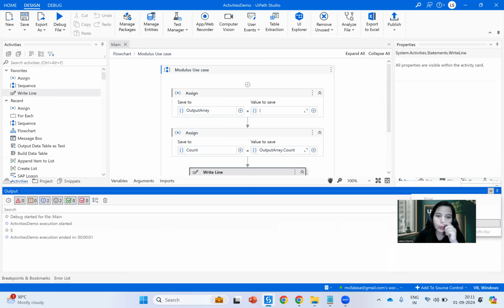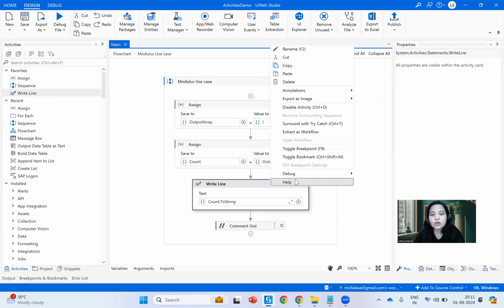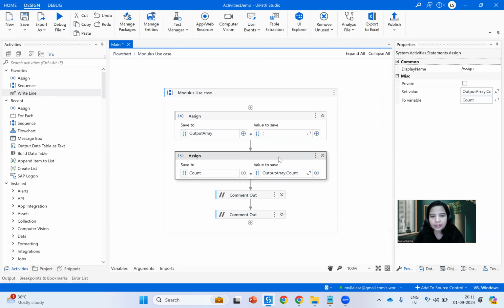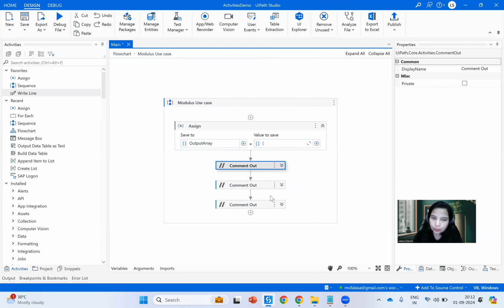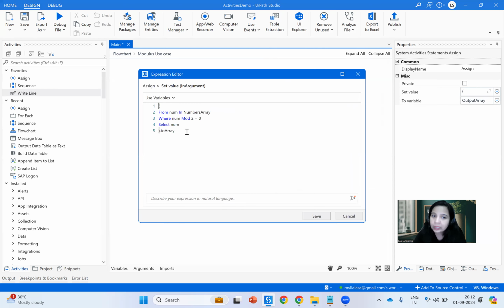Now there is one more way to do it, guys. So instead of using this write line activity, let me disable this, we do not need it anymore. Instead of taking a fresh variable called count and all of that, you can directly come to your LINQ query, and here I told you the essence of dot to array, right? Basically, however we want the output to be, we will mention it here. Since I have mentioned it as to array, it was previously giving me the output in an array format. Now say suppose I just want count, I will just say count